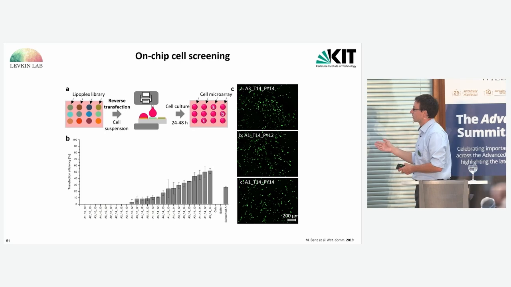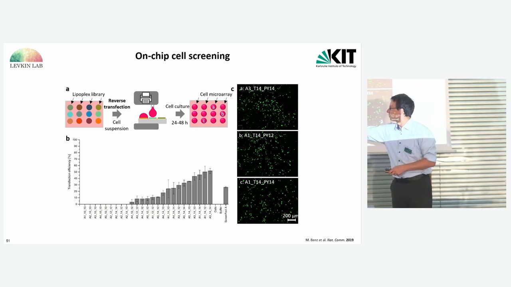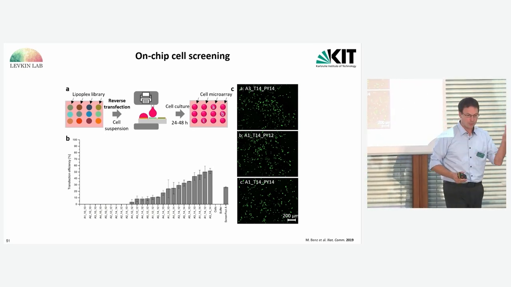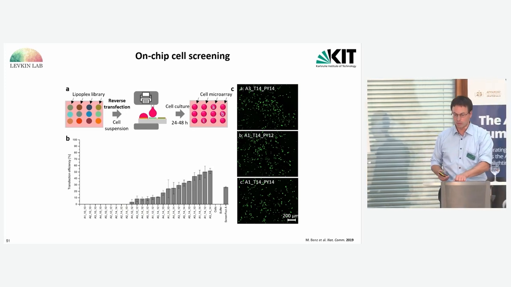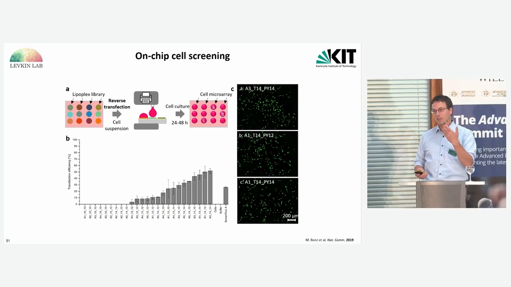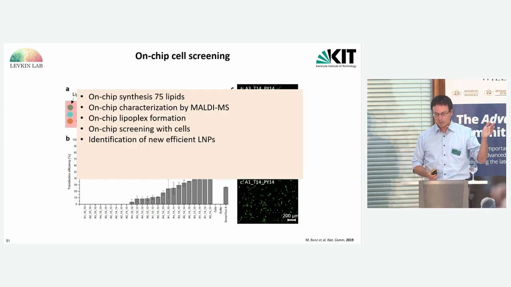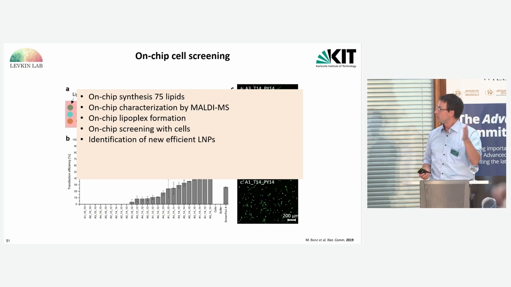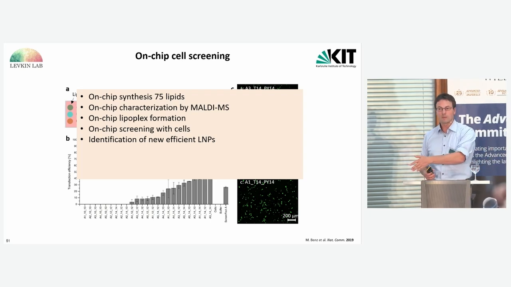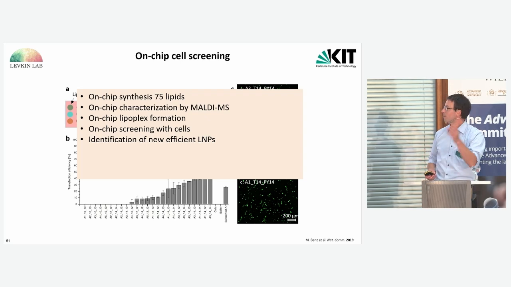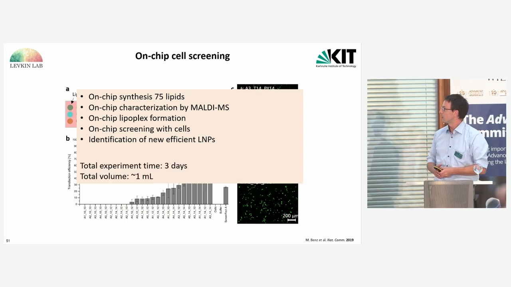And this screening already resulted in some lipids that were more efficient for cell transfection than commercial control. But what is essential here, what I'm always trying to emphasize, is that in this early study we did on-chip synthesis of 75 lipids, on-chip characterization of all of these lipids by MALDI, on-chip lipoplex formation, and on-chip screening with cells. And all of this was done within just a few days and using just 1 milliliter of